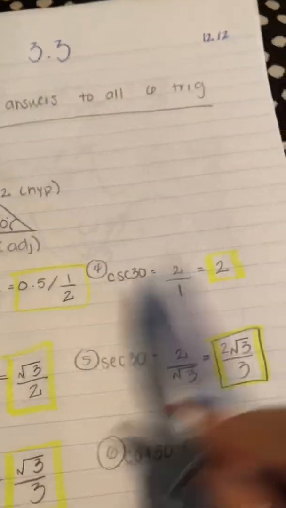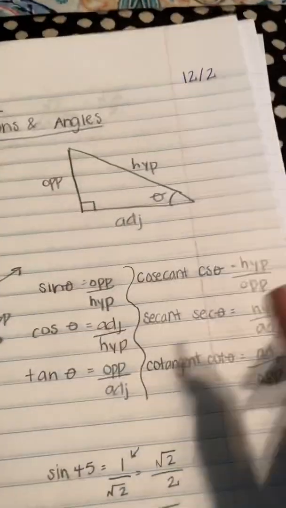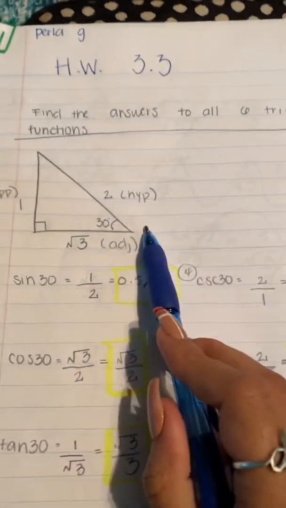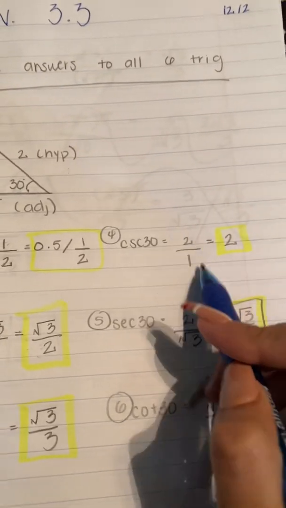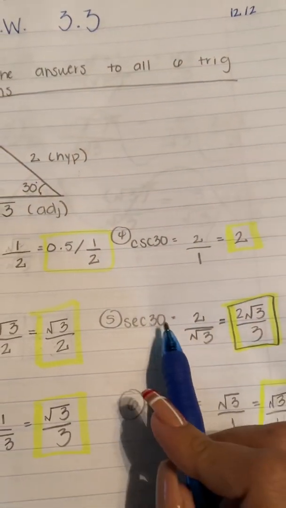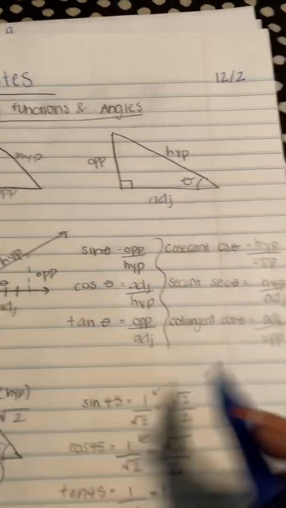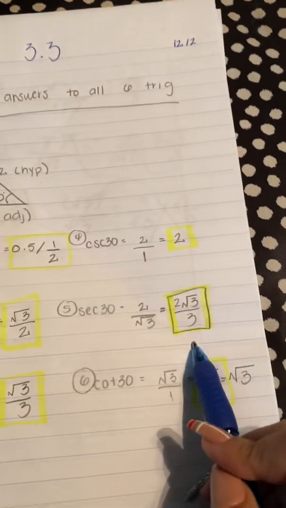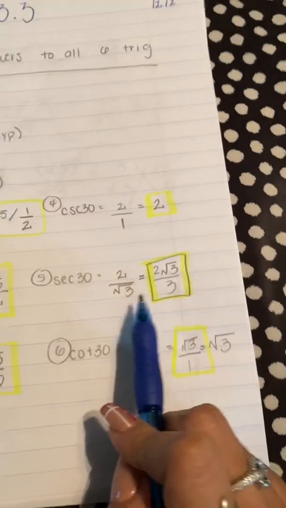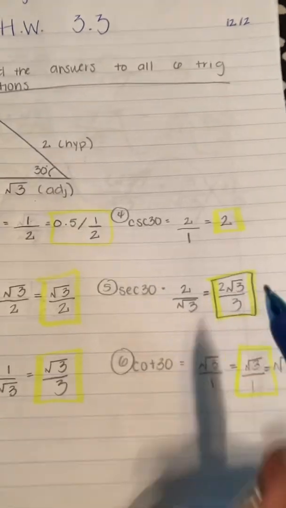Then for 4, csc is hypotenuse over opposite. So 2 over 1. That one you simply just simplify: 2 divided by 1 is 2. For 5, sec is hypotenuse over adjacent, so 2 over square root of 3. For this one, since the square root is at the bottom,